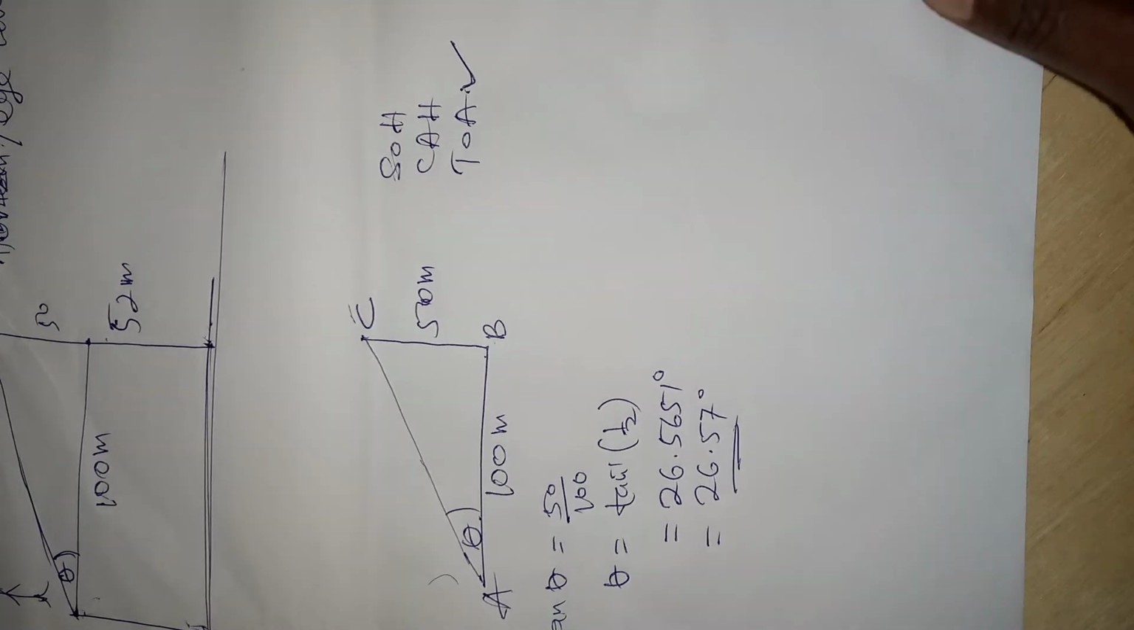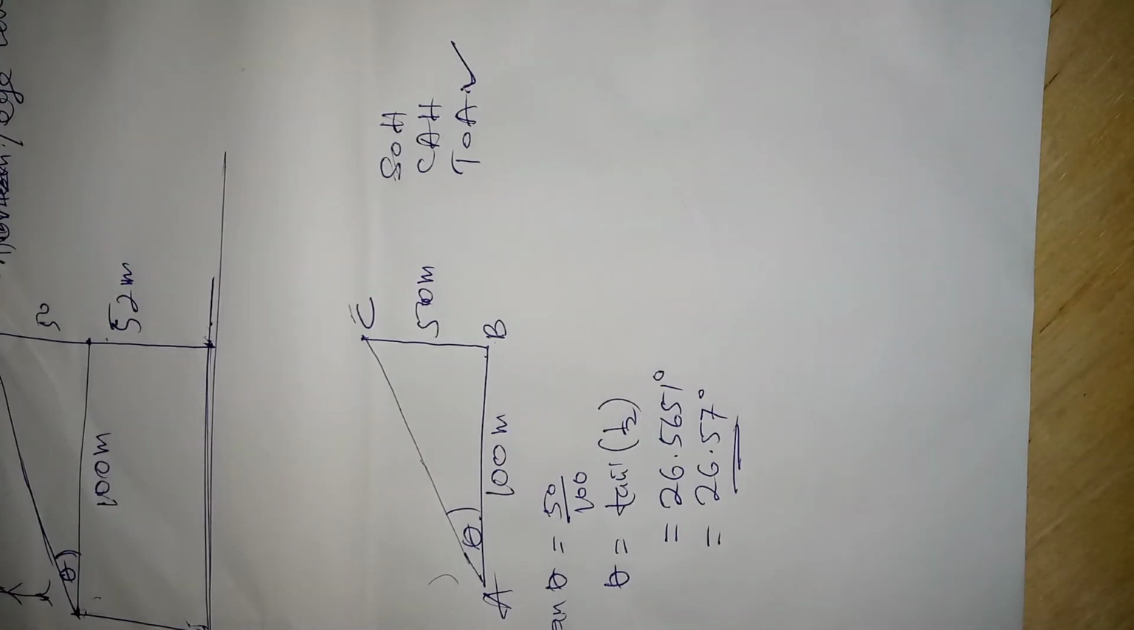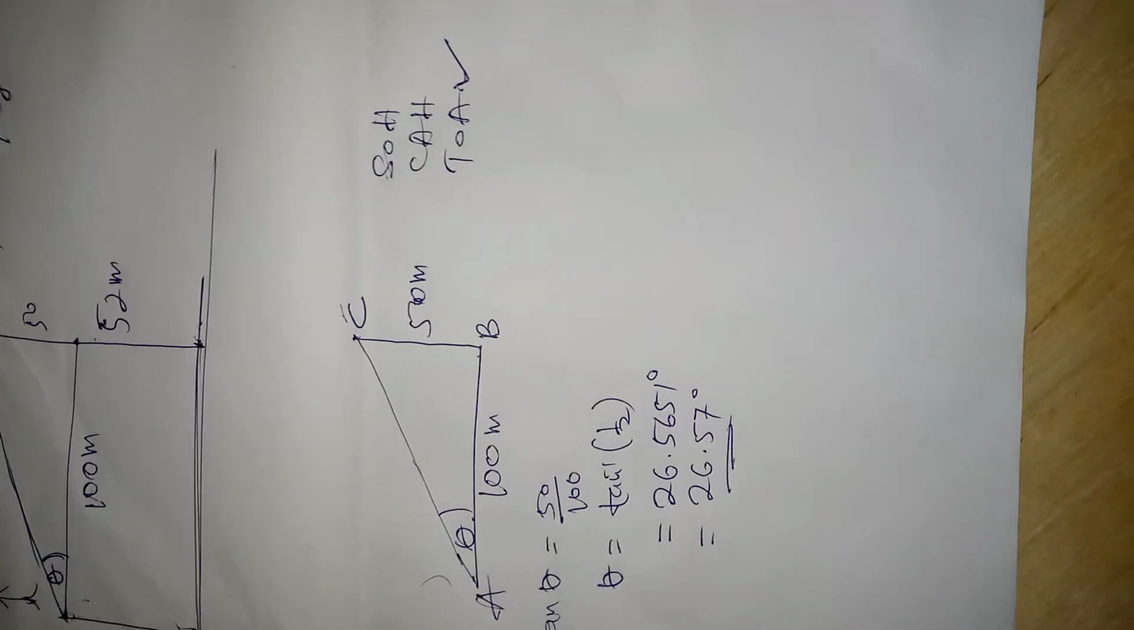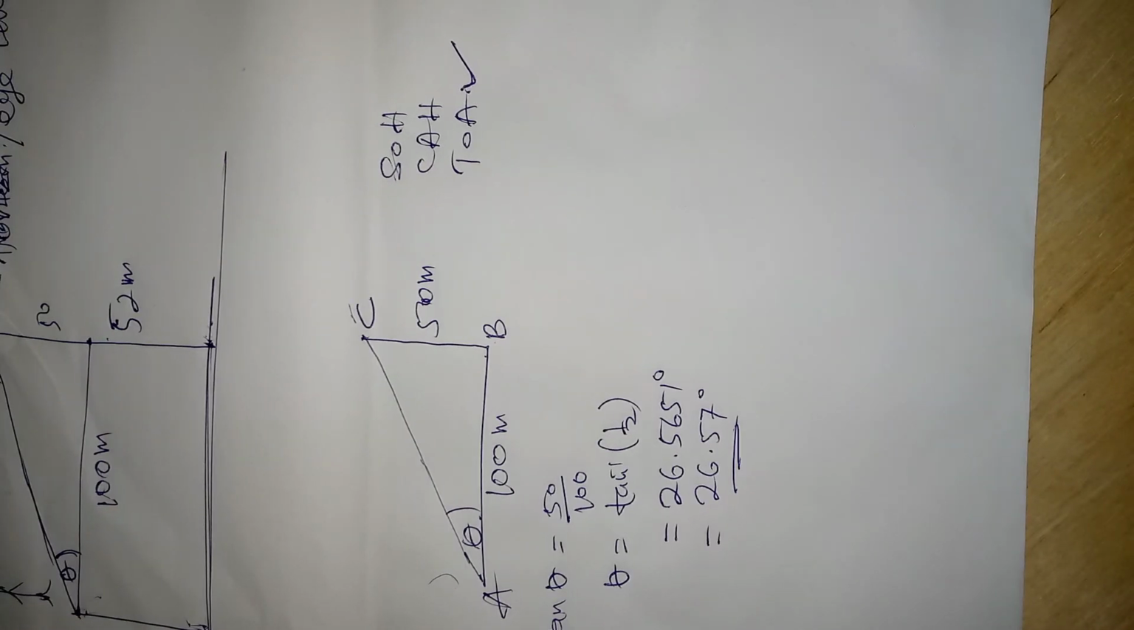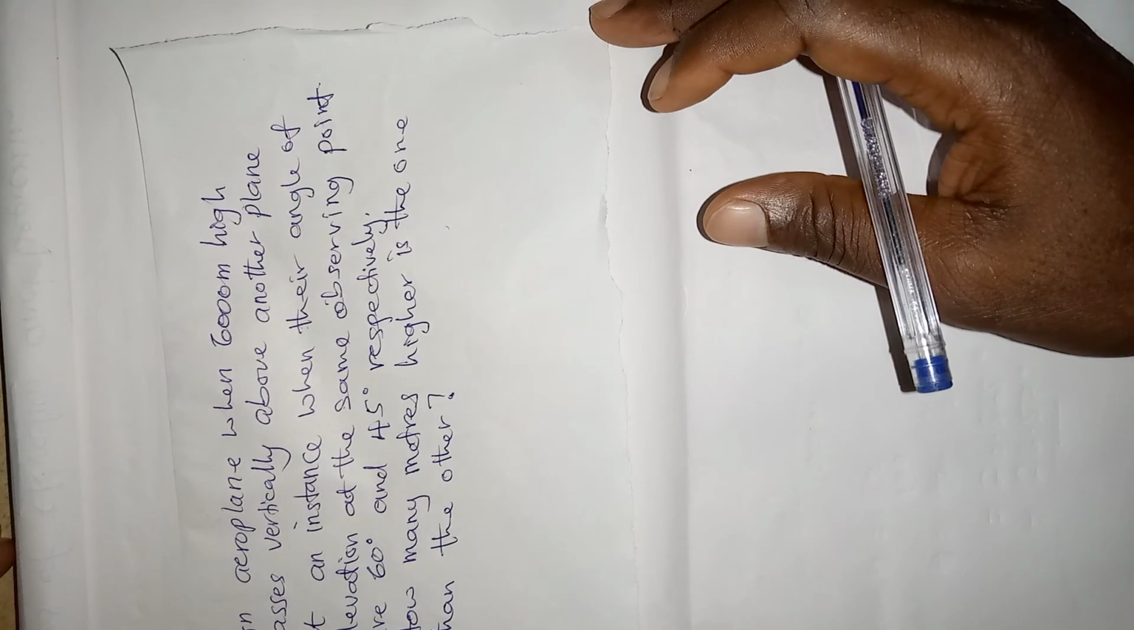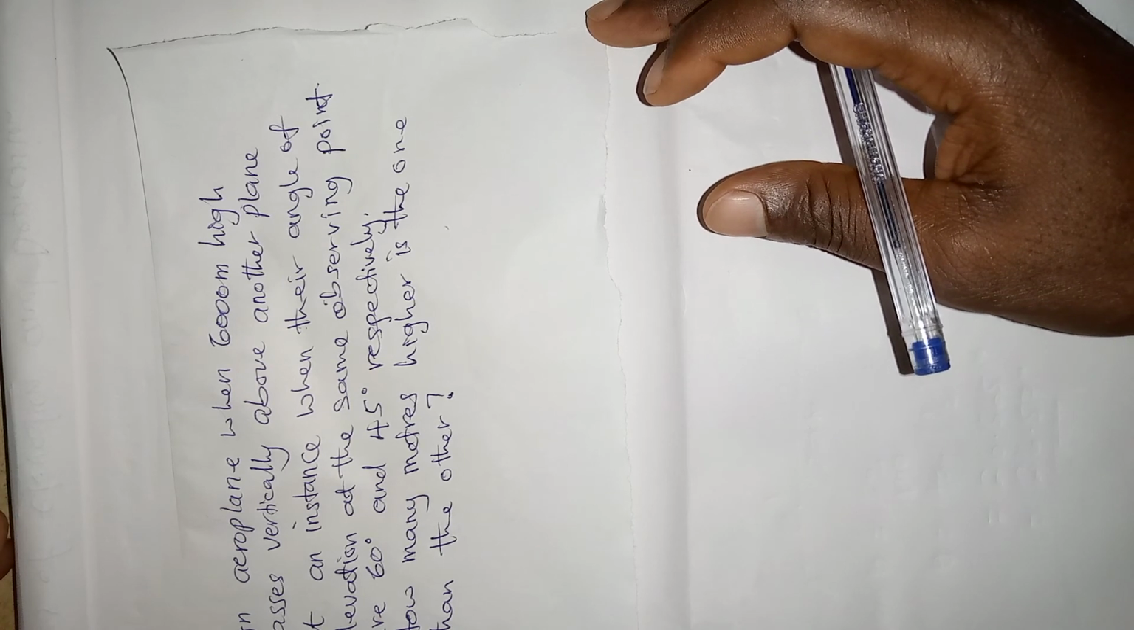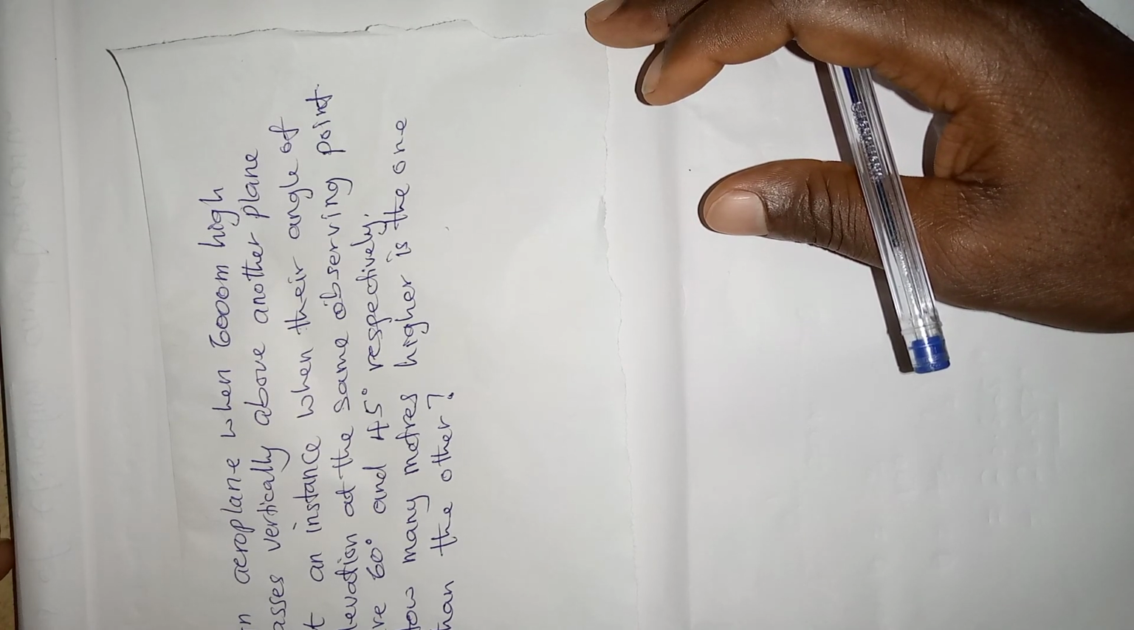Now let's take another example quickly and look at other ways in which questions can be framed based on this. Here we go. Example 2. An aeroplane when 6,000 meters high passes vertically